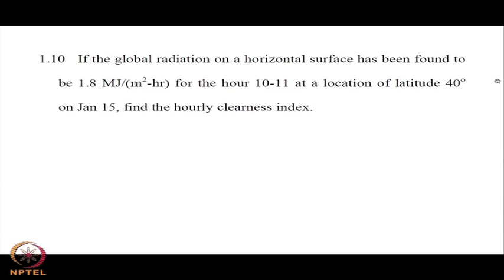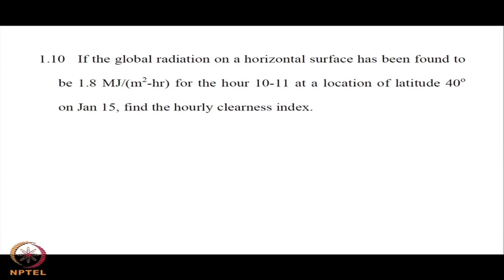So, now we go to the next problem, 1.10. If the global radiation on a horizontal surface has been found to be 1.8 megajoules per meter square hour for the hour 10 to 11 at a location of latitude 40 degrees on January 15, find the hourly clearness index. Like I was mentioning, this problem has been modified to take care of the hourly factor rather than the